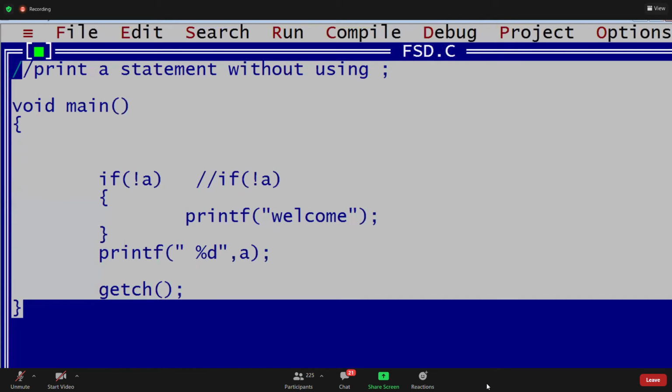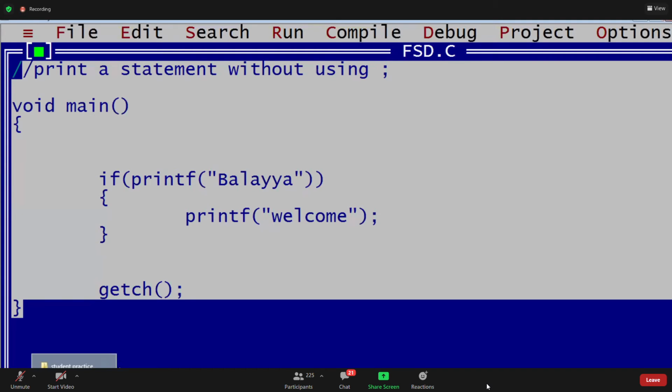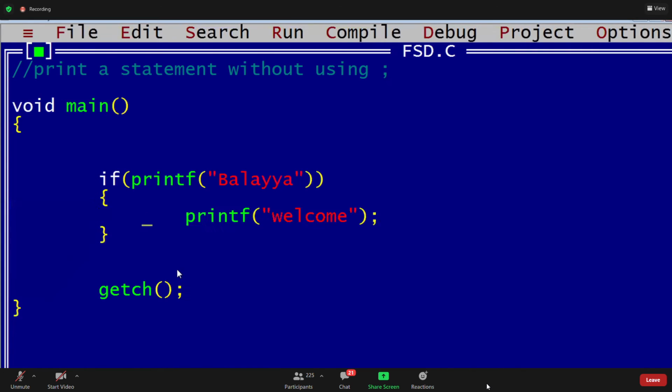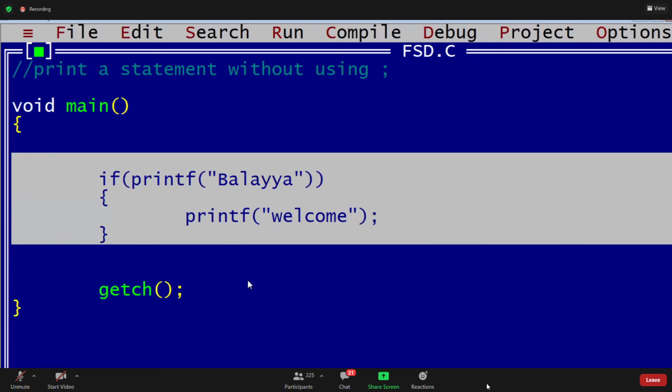Now I want to write the statement. If printf, you can write, guys. If printf of, now I have written some statements. See this. Now, guys, what is this statement? Is it valid?